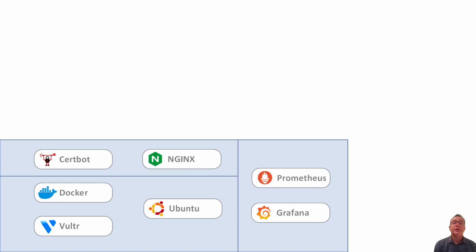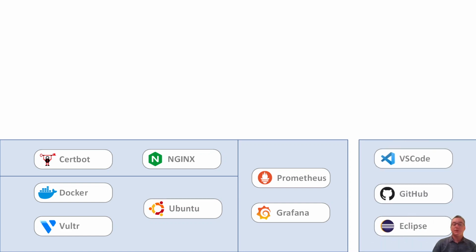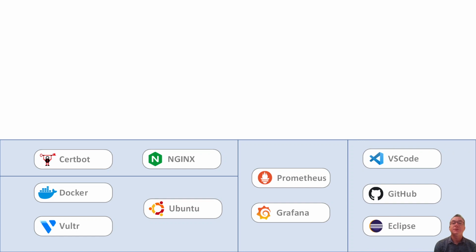For monitoring, Grafana and Prometheus are used to measure the use of resources by Docker containers and on the host server. Regarding development tools, VS Code and GitHub are used. Eclipse is also used to a limited extent for some specific Camunda extensions, in particular for components handling email notification for user task assignment and completion.